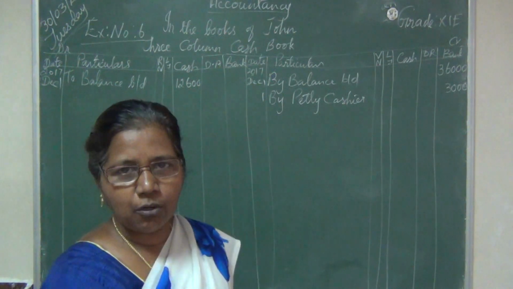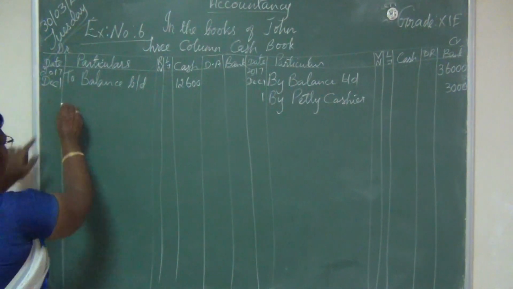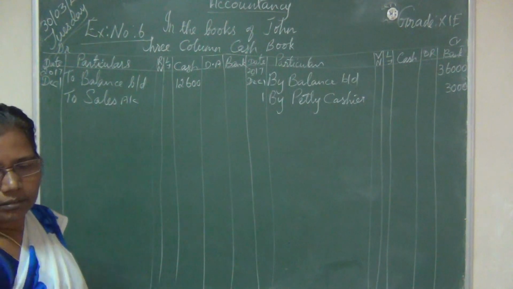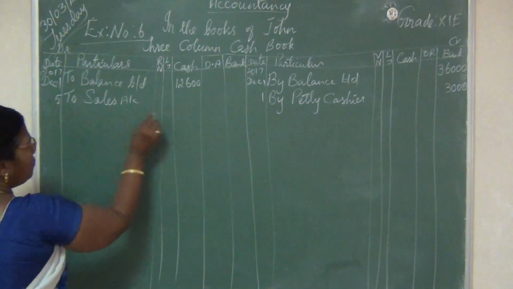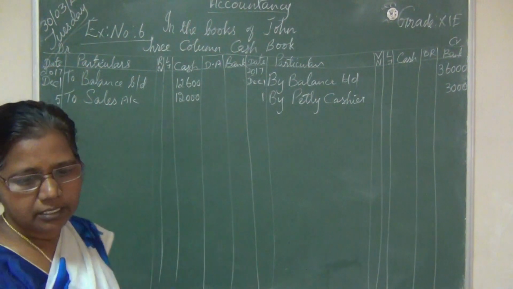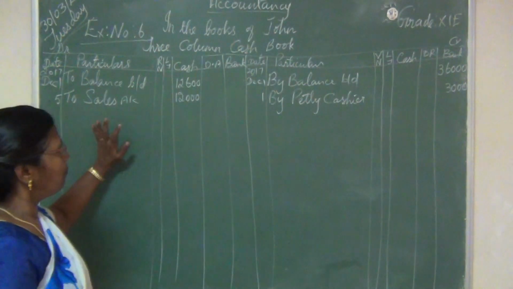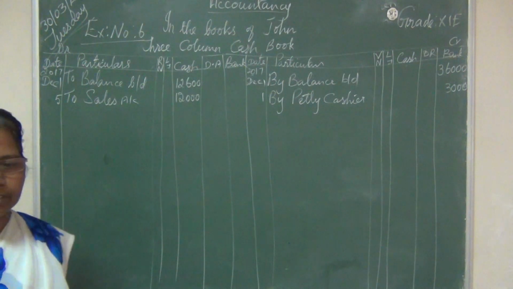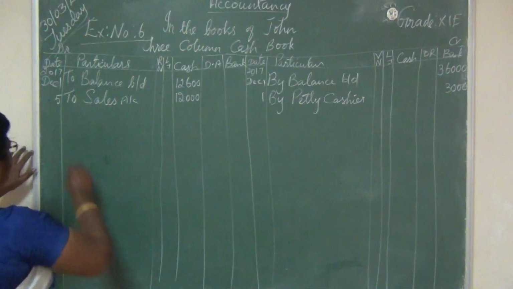Goods sold for cash, you know the journal entry, cash account debtor to sales. So cash debit, so we should write here to sales. The date is 5. Amount 12,000, so we should write in the cash column. Then the next transaction, dividend on share collected by the banker. So here the bank is receiving, the income name is dividend received. We should credit the income, dividend received, and debit the bank. Bank account debtor to dividend received.